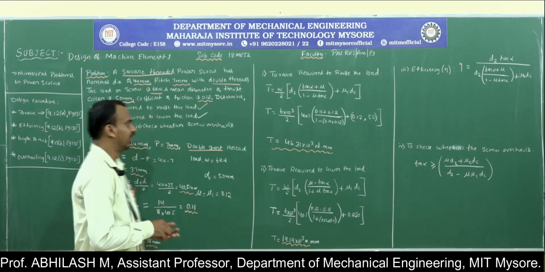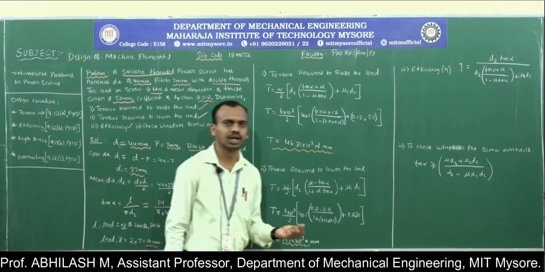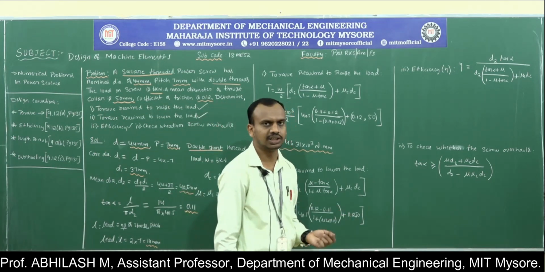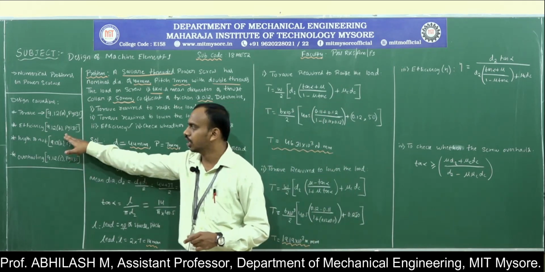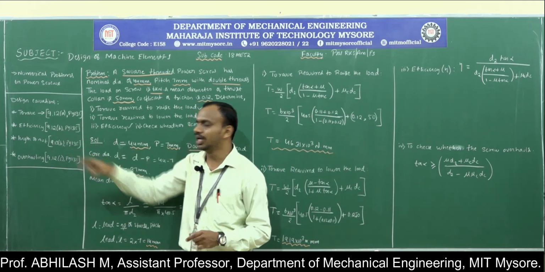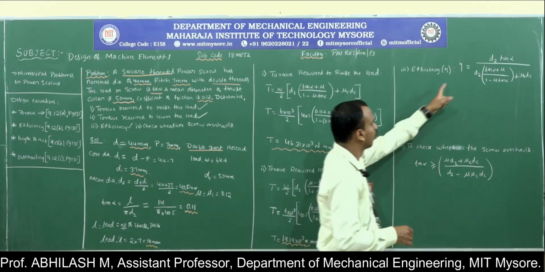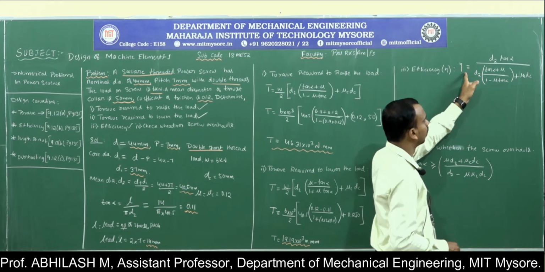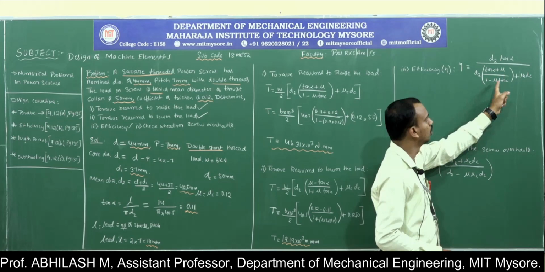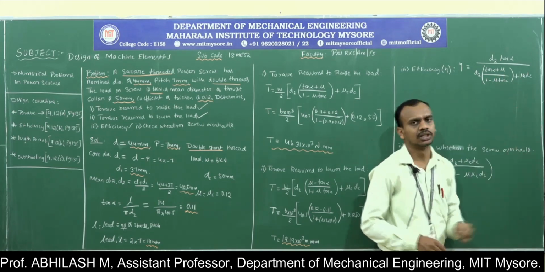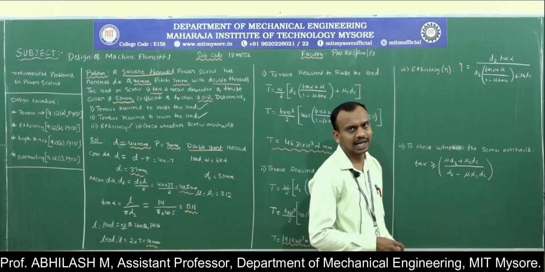Coming to the next parameter, which is the efficiency of this particular power screw or the screw drive. So how much is the efficiency? Again, in order to calculate the efficiency, we have the relation in our data handbook under equation 9.12b in page number 135 for the square thread. So this is the equation: eta is equal to d2 into tan alpha divided by d2 tan alpha plus mu over 1 minus mu tan alpha, plus mu C dC. Substitute all the values and then calculate the efficiency.